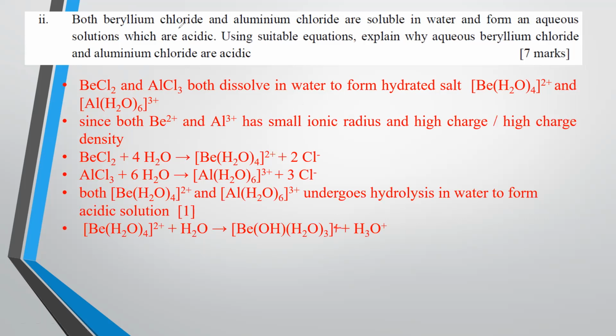And then for aluminium, it also undergoes the same hydrolysis, but here it is 2+, 2+ in here. Okay, so these are the respective equations of how you have to explain why they undergo hydrolysis. So try your best to describe and explain as fully as you can with regards to why the barium chloride is acidic in here.